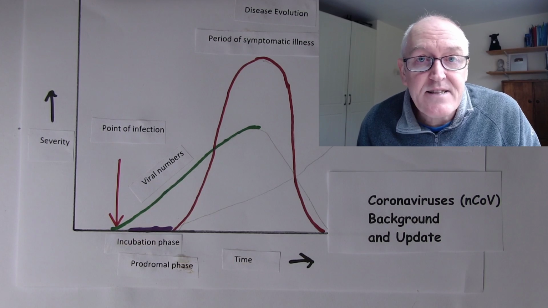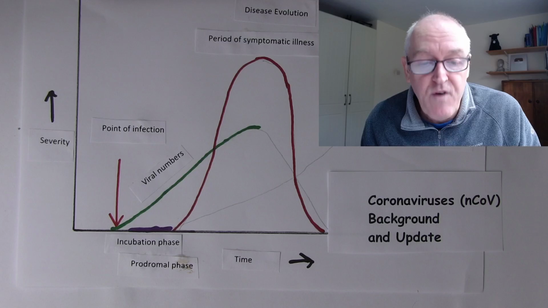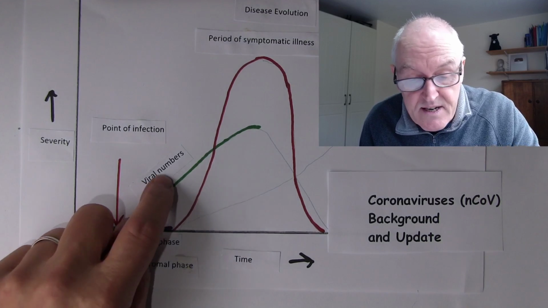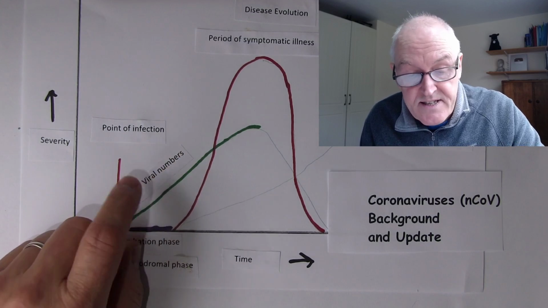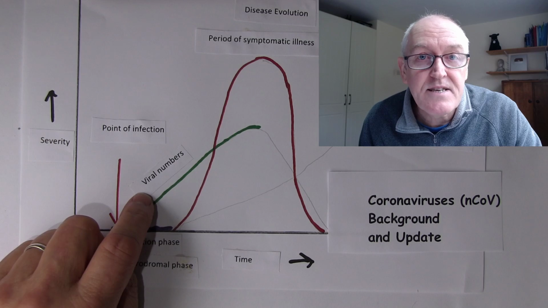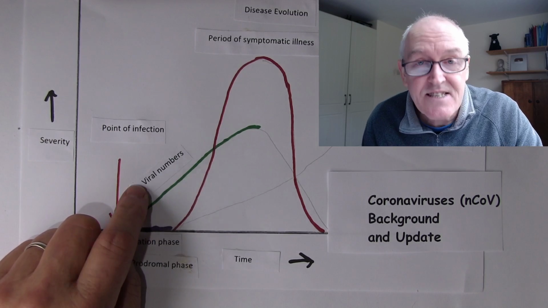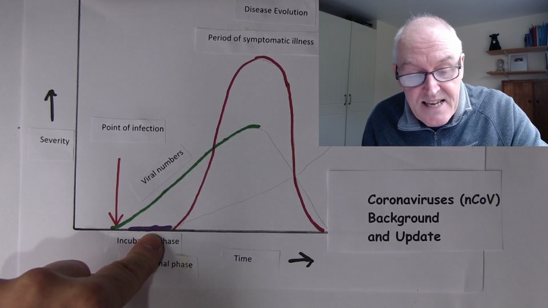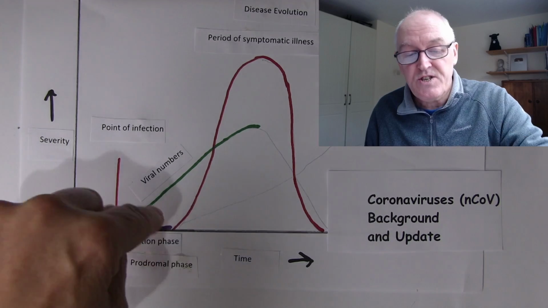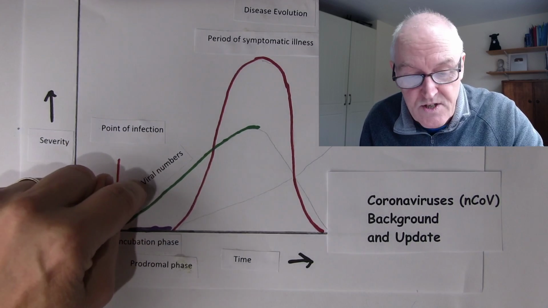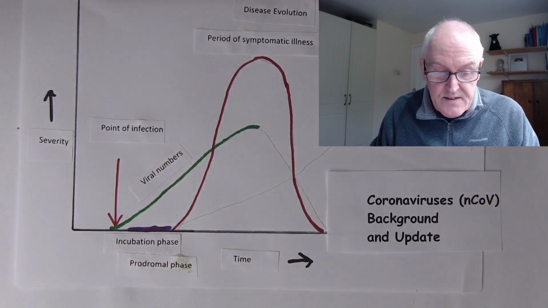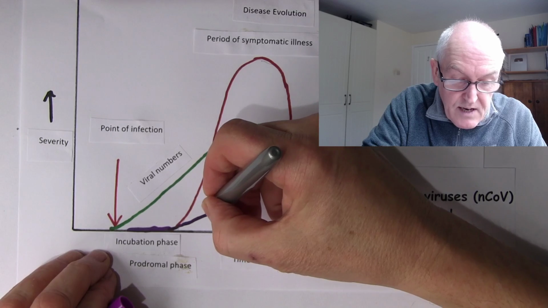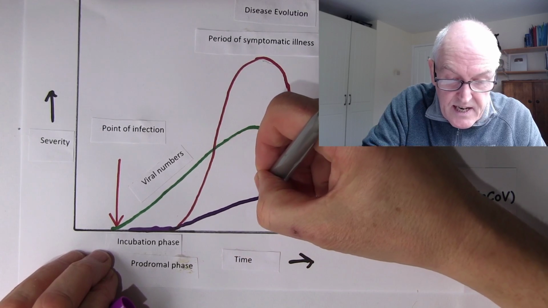The antigen is anything the body recognises as being foreign. And the good thing about antigens, things that the body recognises as being foreign, is they act as antibody generating molecules. So antigens are antibody generating molecules, and they generate the antibodies, which are the immune protein which is going to fight the antigen, which is going to fight the virus. And these numbers start increasing. We're starting to feel ill, but the antibody numbers are increasing now.